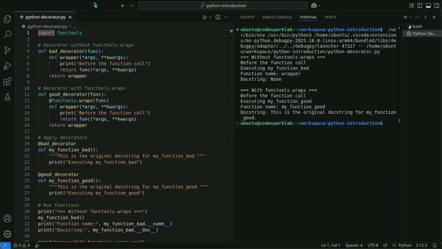Using @functools.wraps ensures that the original function's metadata is correctly passed to the wrapper function.